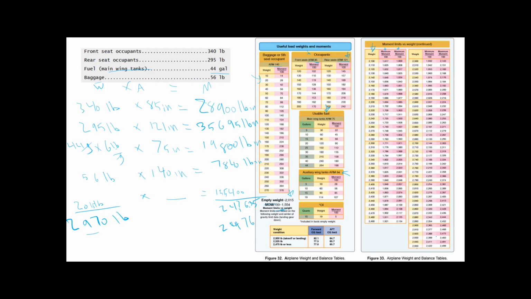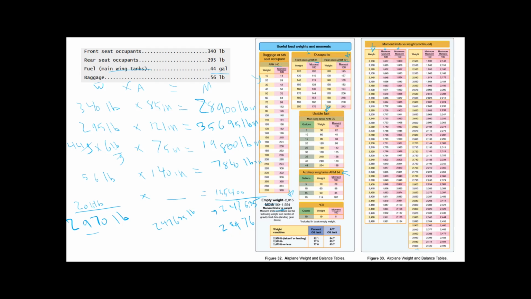Yep, 2,950 is our greatest weight, looks like. And we actually don't have a value for our moment here. Yeah, so it looks like this aircraft is actually overweight. If we want to figure out what our center of gravity is, that's